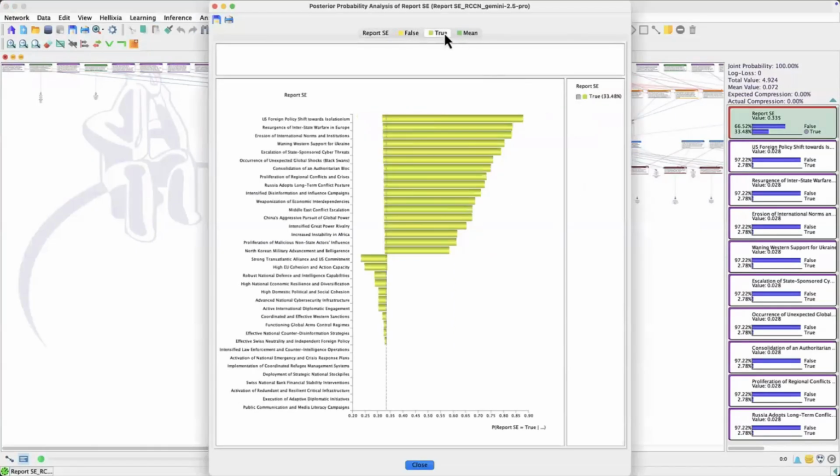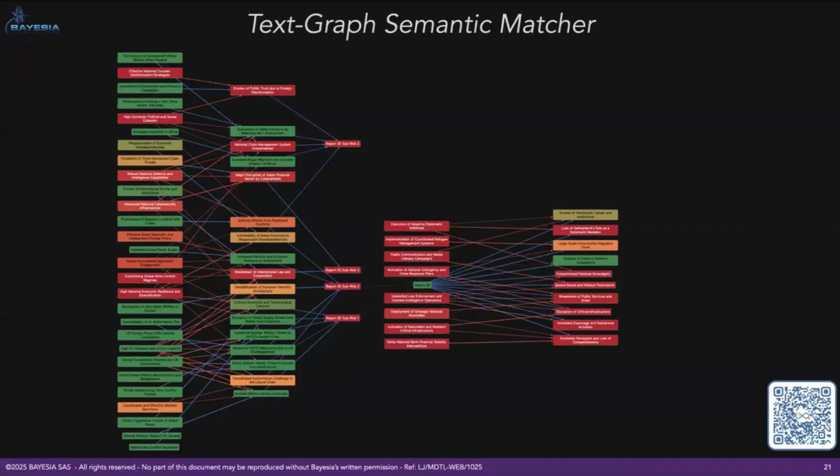And then the tornado diagram, quite interesting. But then the question is, what is the information that really comes from the chapter and what is coming from the implicit knowledge of the large language models? This is a very frequent question that we had. And so what I'm going to show you here